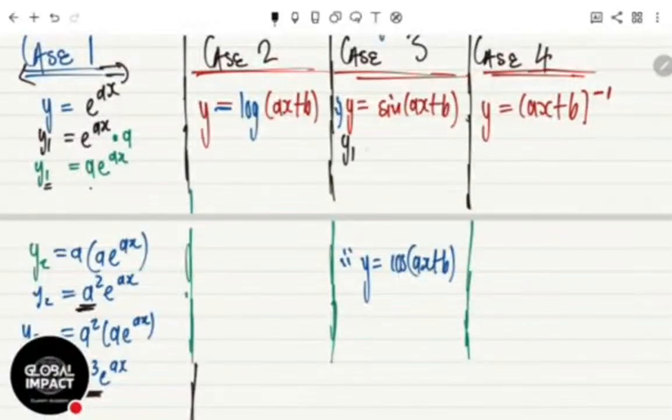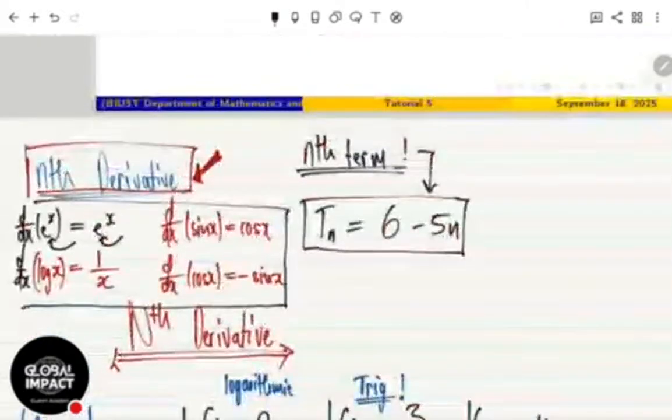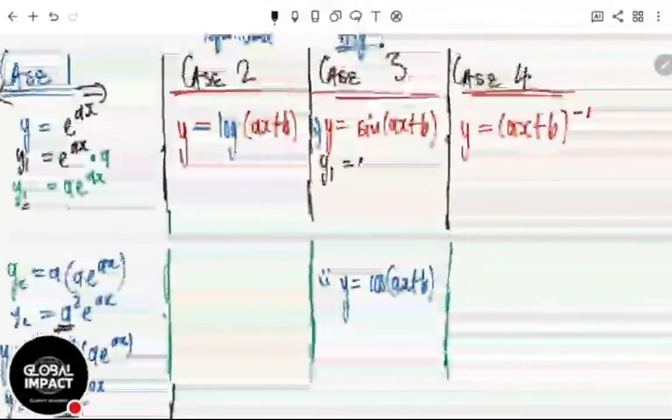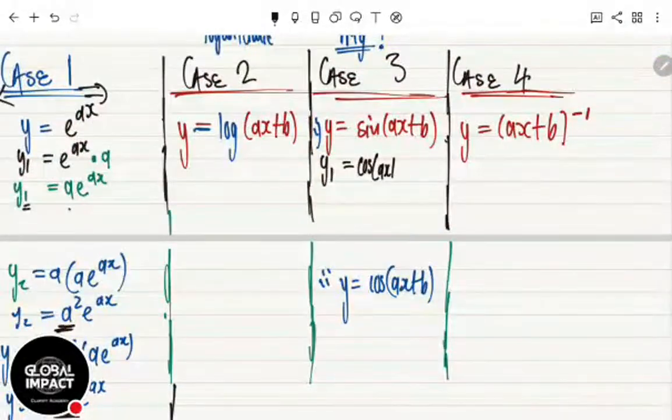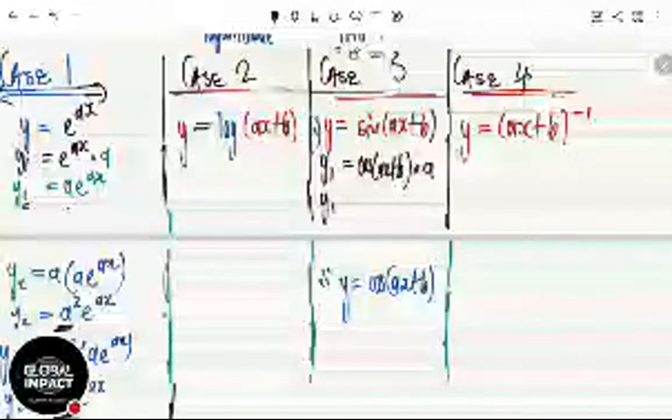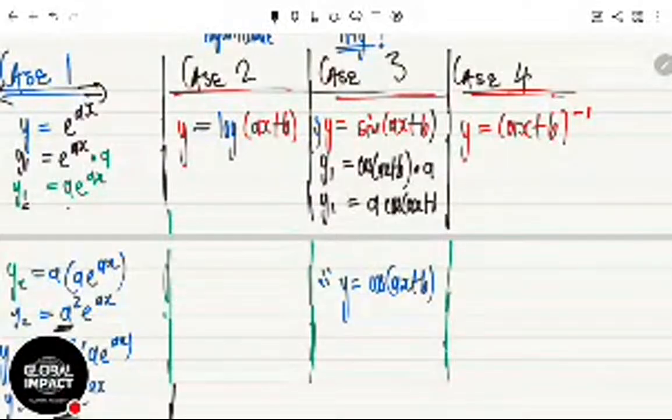So we're going to say y1. I differentiate sine, and this has taught me that when you differentiate sine, you're going to get cos. So here, since you're differentiating sine of ax plus b, you get cos of the same thing, ax plus b. And since it's not an x, you're going to multiply by the derivative of that inside. What is the derivative of ax plus b? Derivative of ax is a, derivative of b is nothing. So we can say our y1 is a cos of ax plus b.